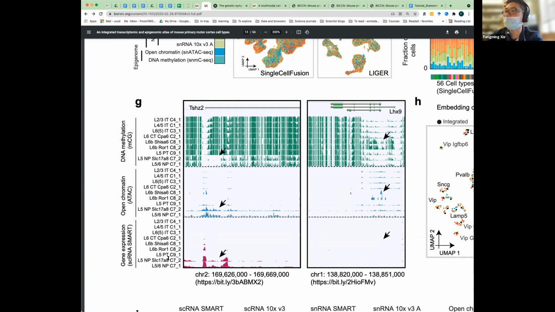And you also see high gene expression only at those NP neurons, but not for other cell types. This means at that gene, you see a nice correspondence across 3 different data modalities: the low DNA methylation corresponds to high ATAC, which corresponds to high gene expression, only for NP excitatory neurons.